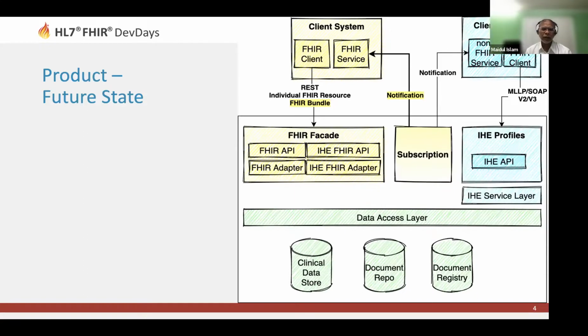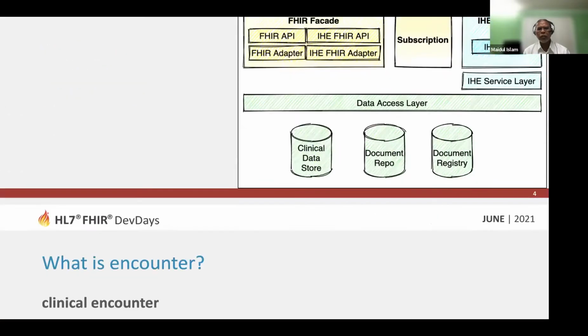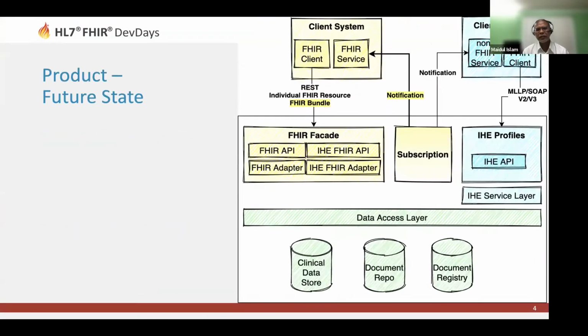One is called, and they wanted to receive the notification based on any encounter event. And then they wanted to have a follow-up call to our systems to retrieve all the encounter-related information in a FHIR format. So if we do have that existing facade pattern on top of our relational database, we do have a subscription notifications already established. We just need to enhance that with a FHIR notification, and also to add more to our existing APIs to have that capability.